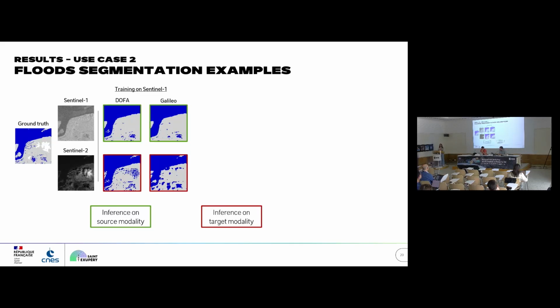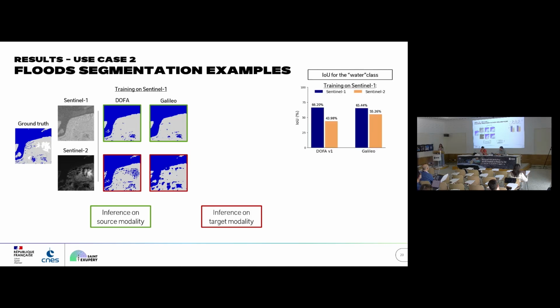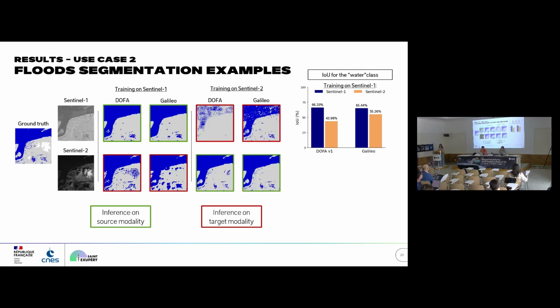Sentinel-1 images. And then we applied those models on Sentinel-2 images. If we look at the IOU for the water class, we can see that there is a slight drop in the performance, but it's actually not that bad. We don't drop to 0 like it was in the previous case. However, in the other way around, so we train on Sentinel-2 images and evaluate on Sentinel-1, the drop is much,